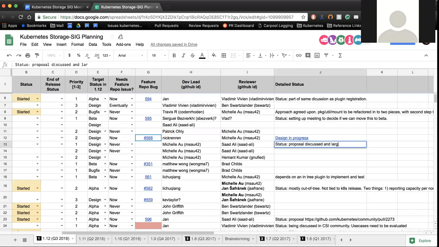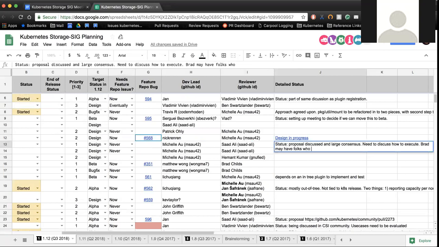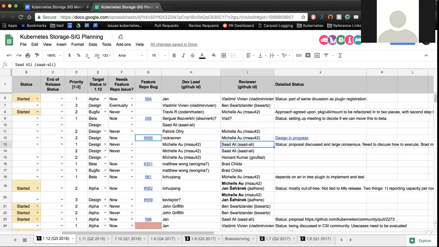So now we can move forward and start looking at what we need to do to actually execute on this. I think Brad has some people on his team that can help out with this, and we'll have to sync up with Patrick too to coordinate efforts. Okay. Sounds good.